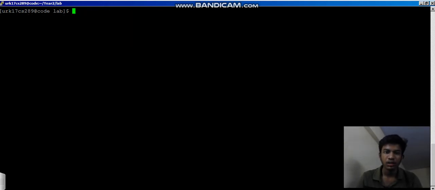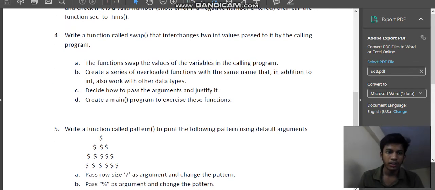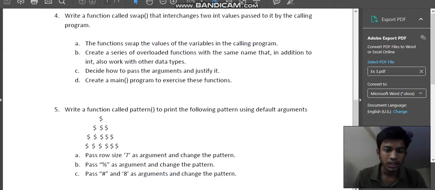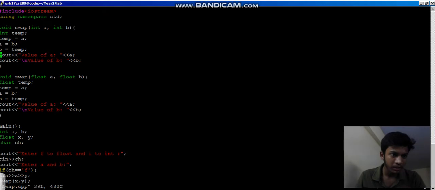Our next question is I have to make a function which swaps the numbers which are given. This is my code in which I have made a function swap,